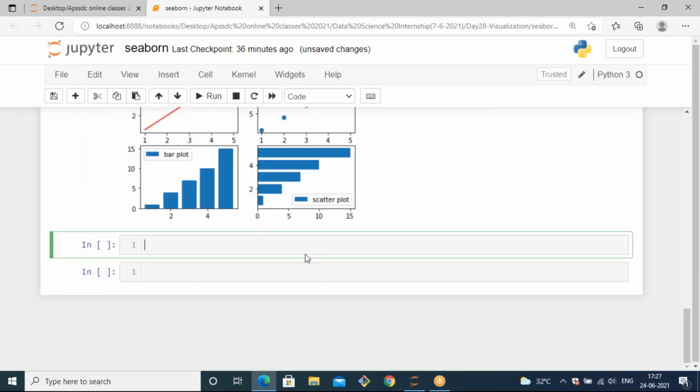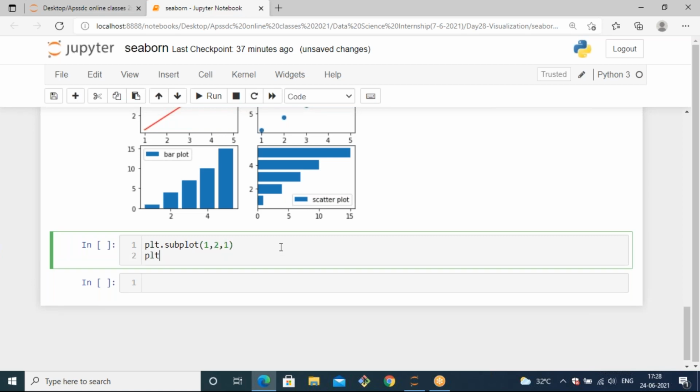Now let's generate one more subplot by using a pie chart. So plt.subplot, because generating subplots plays a very important role in upcoming sessions. So plt.subplot, I have a single row and two columns. In the first position, I want to generate a pie chart. plt.pie is the method to generate a pie plot.